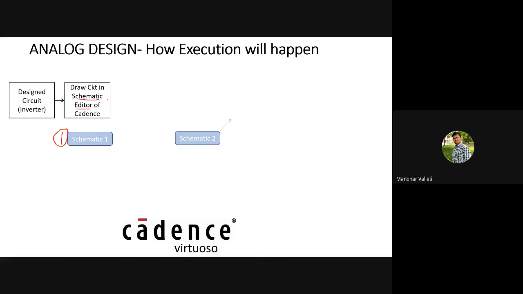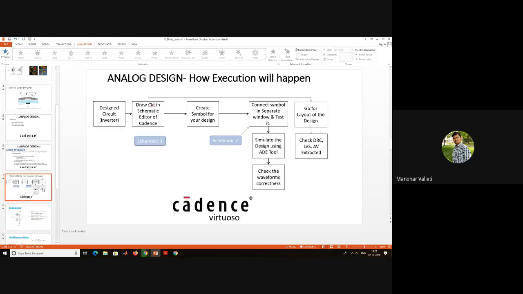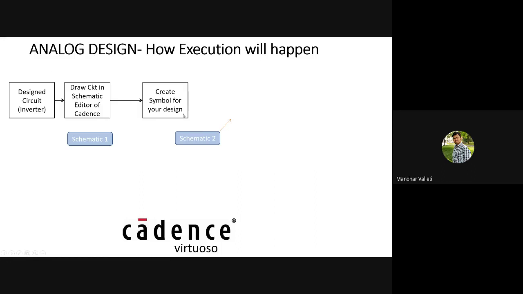Let us say an inverter circuit. I'll show the inverter circuit and come back here again. I think most of us know this. This is the inverter circuit, right? For that inverter circuit, I'll create a symbol, and once the symbol is created, with the help of the symbol only, I can check my design. It is an easy process with the help of a symbol.